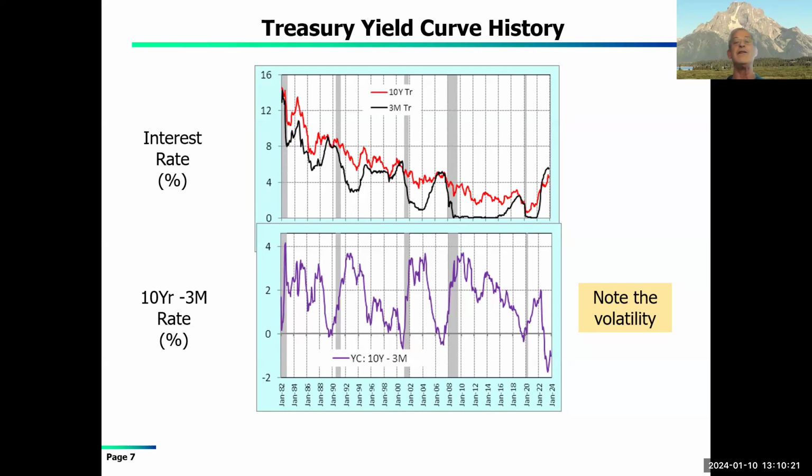And the third is the difference between the two of them, which is frequently referred to as the yield curve, the relationship between short-term rates and long-term rates. As soon as you just subtract the numbers and graph it, one of the things that you see, and I've got a movie to show you another way to think about this, is that when you think about interest rates and what they're supposed to tell you, it turns out there's a good deal of volatility in the relationship between long-term rates and short-term rates. And the question is, what does that mean? And how do you think about that in terms of how you might want to invest your own funds?